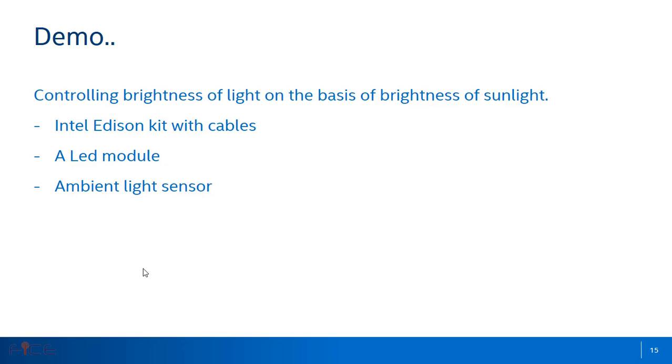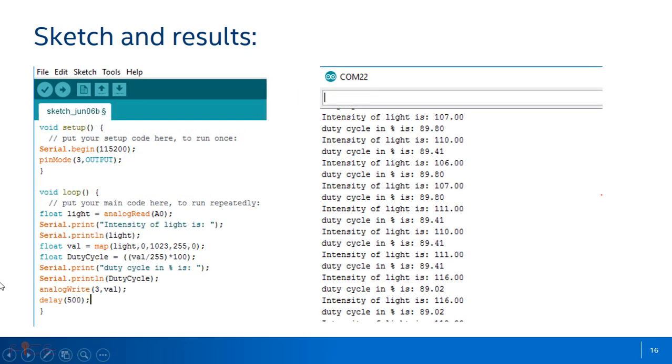In this example, we are controlling the brightness of an LED on the basis of the ambient light sensor output. I have written a program where I'm using the analogRead API to read the analog pin. I'm using the map API to convert a number from one range to another range. I'm using the analogWrite API to generate the PWM signal, and these are the values that I'm displaying